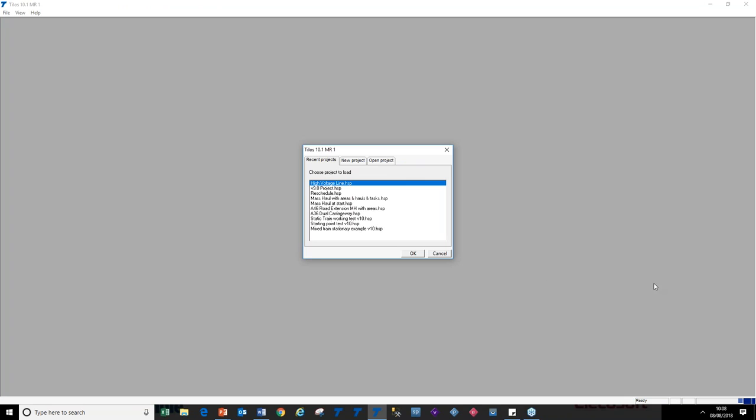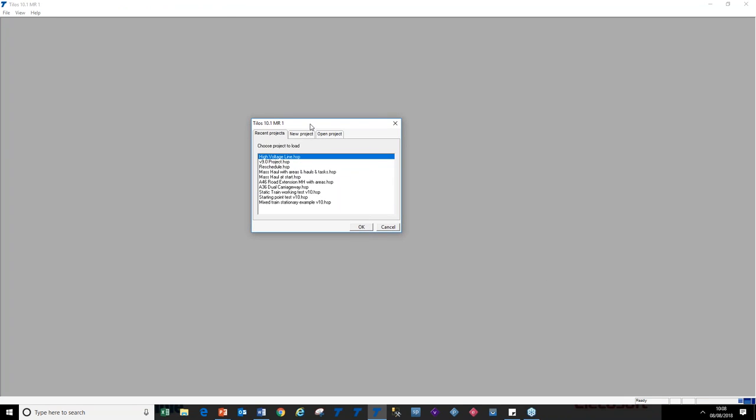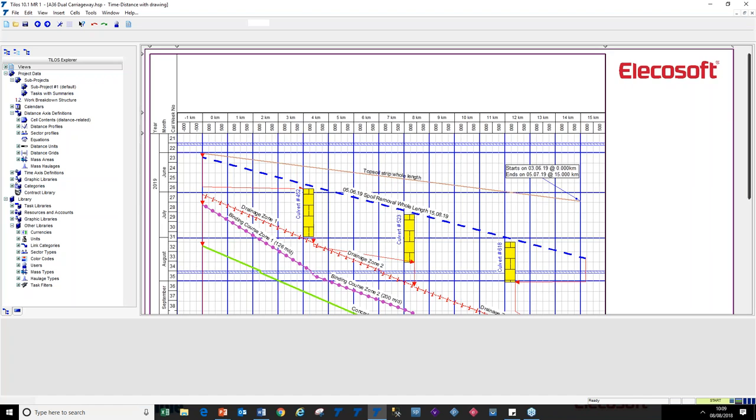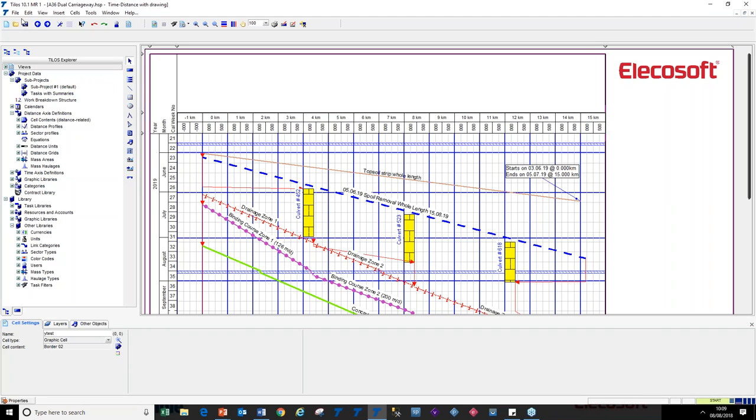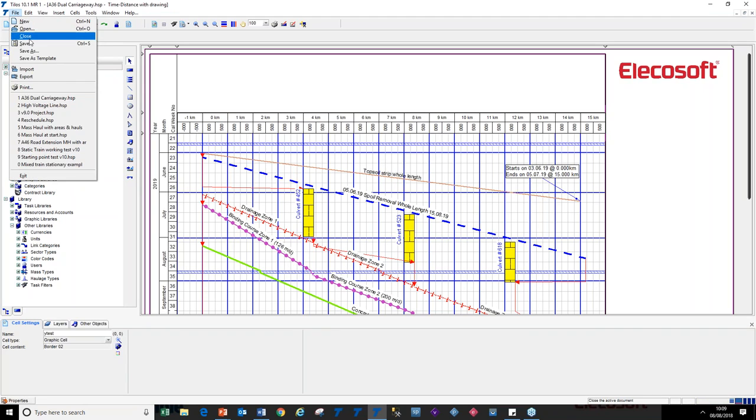So when you open Tilos, this is what you're presented with: a list of your recent projects, a list of your templates in the default location, and if you want to open another one, you can go here as I did before. So this is really useful, because if I open a project, like the one that we're going to use for this presentation, it opens it in Tilos, and if I close this file,